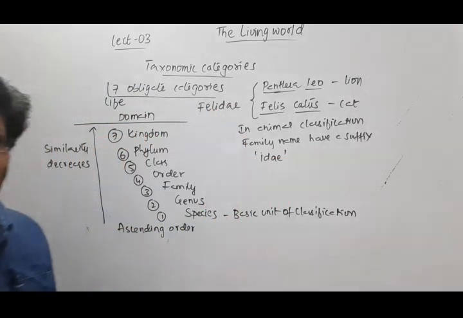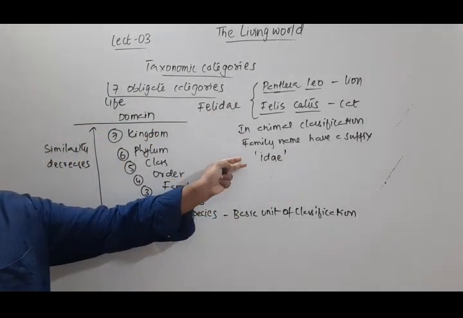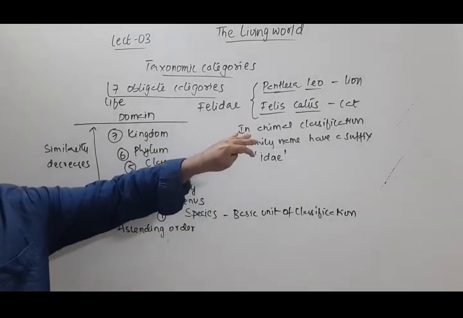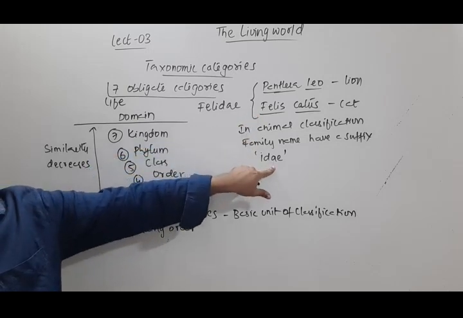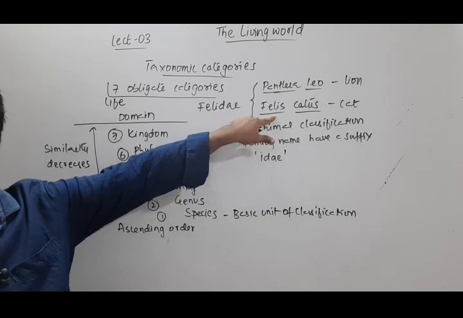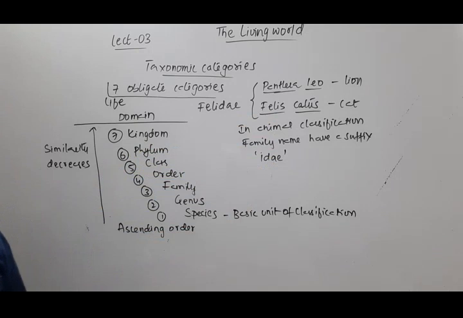So we need to add this IDAE to the name, especially to the genus name. When we add IDAE to the genus name, it will become Felidae. You can see here there is Felis. This is the genus, and to that we have added IDAE to make it a family name. Similarly, in the case of